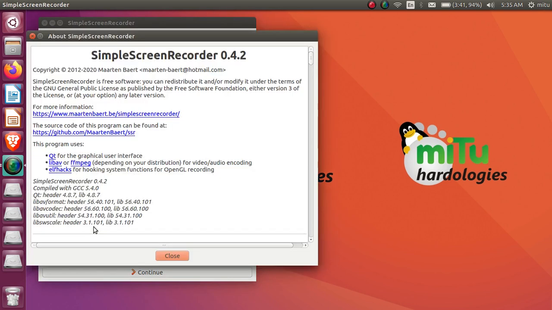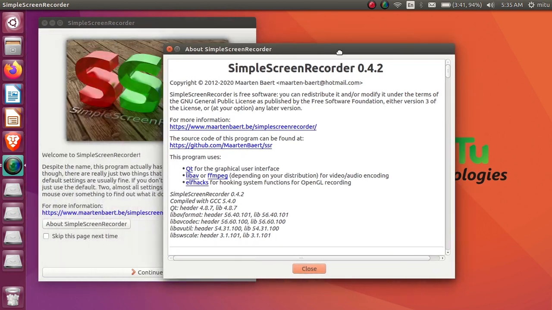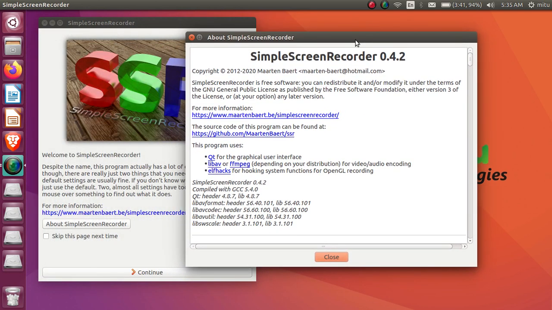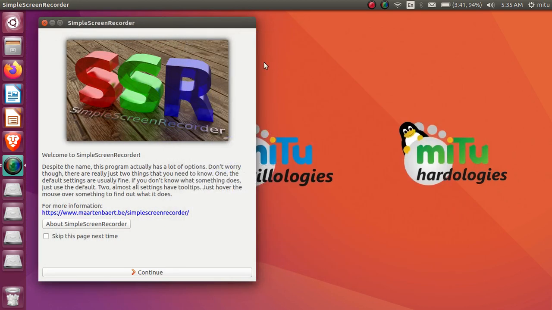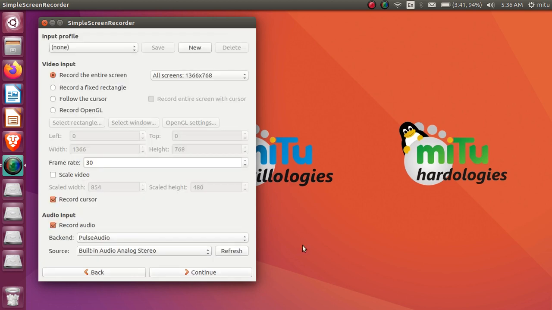So about Simple Screen Recorder, all these options are there. See this. Here one more option is shown: keep this for the next time. So next time when you open it, the first screen will not be shown. Now once you install this software on your system, you can see this first screen of Simple Screen Recorder, and then we are going to perform the operation of recording. Now let's continue. What option does it show?